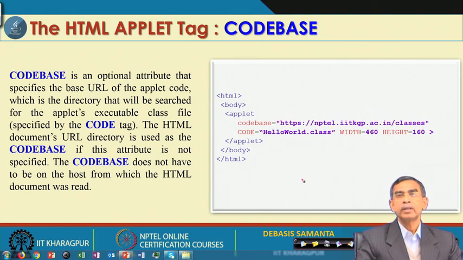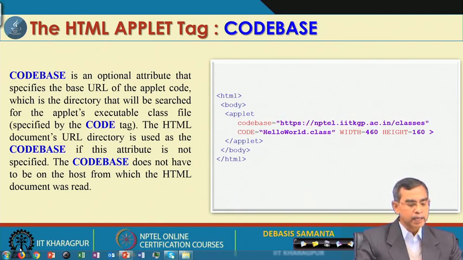You can use the same thing in your own local machine also, where the HTML file belongs to one directory, whereas the class file belongs to a separate directory. So, the base is basically here, which is the base directory, and with respect to this base, this is the class file that you want to use. In the codebase also we can use it, but in that case we have to use the file command here. So, file, then the location of the directory, and then the name of the class file that you want to use.